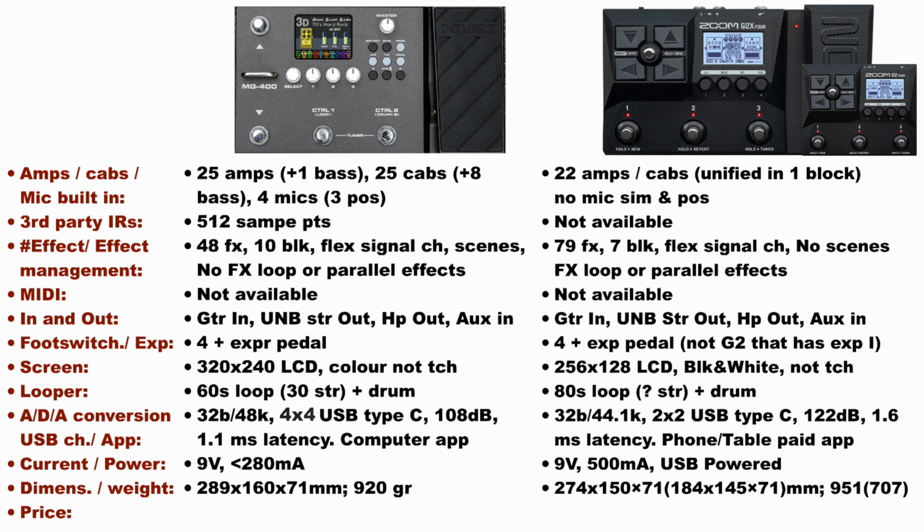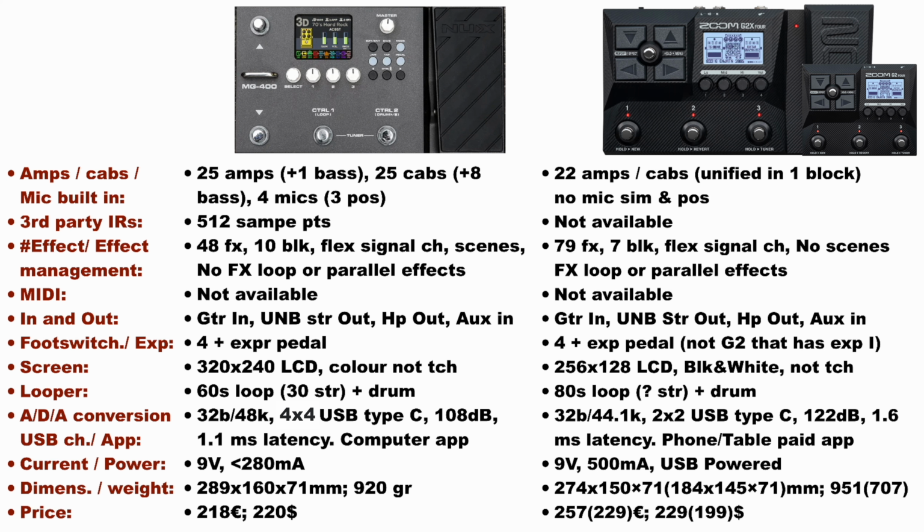In terms of dimensions and weight, the G2 is a little bit smaller and lighter, and in terms of build quality, I think they are pretty similar, even if the MG400 feels a little bit more robust. And finally, in terms of price, the MG400 is cheaper, with one exception, that is the price in dollars of the G2. So finally, the main differentiating factors in my opinion are the possibility to customize your cab and mic